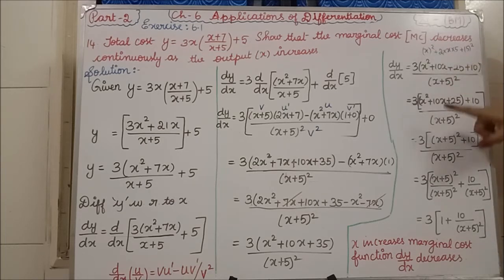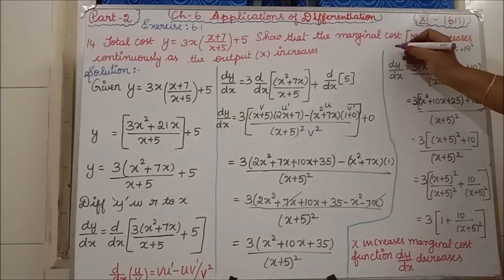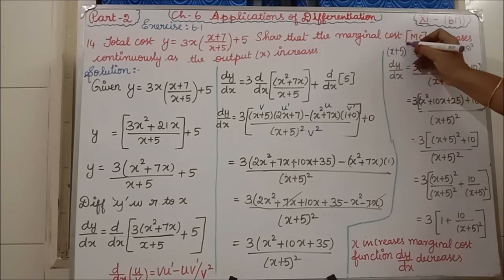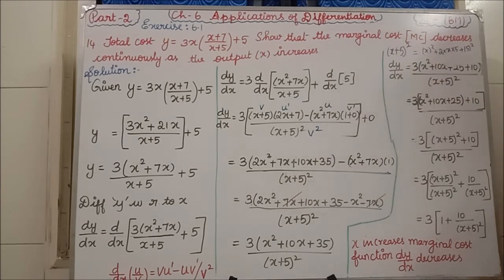Instead of a square we are having x square. Instead of 2ab, 2 into x, 2x into 5 is 10x. So the 2ab term we are having, and 5 square is 25, that term also we are having. So how can we write this? When you express it, in the left hand side we write x plus 5 the whole square only. Isn't it? Now x plus 5 the whole square means x square plus 10x plus 25.